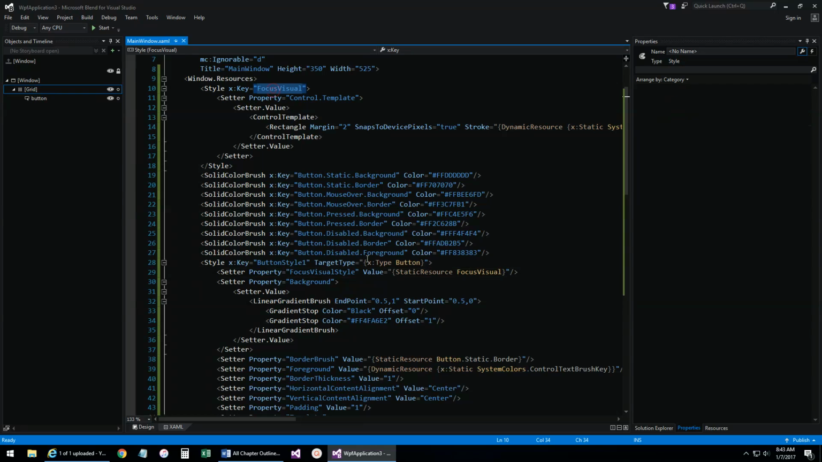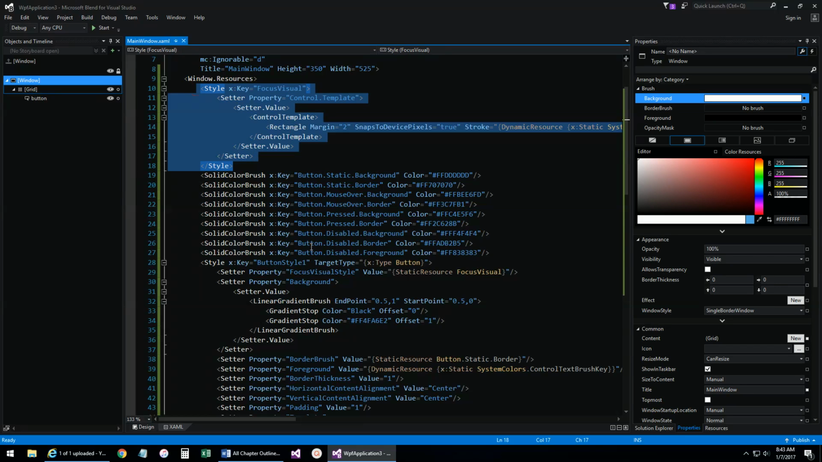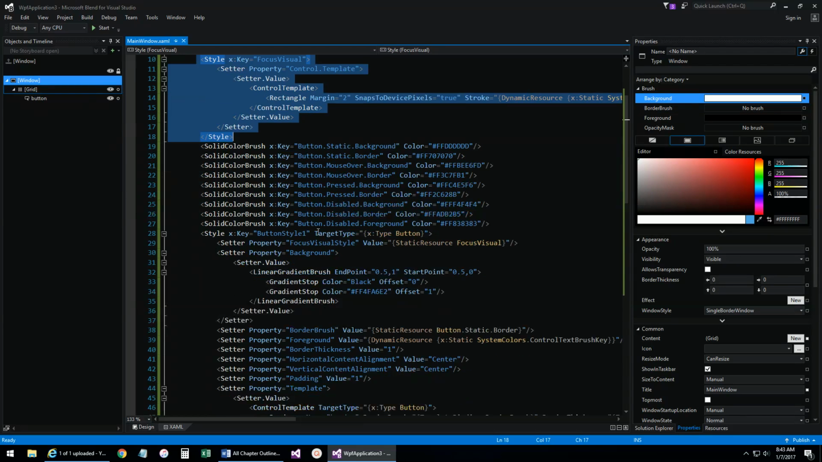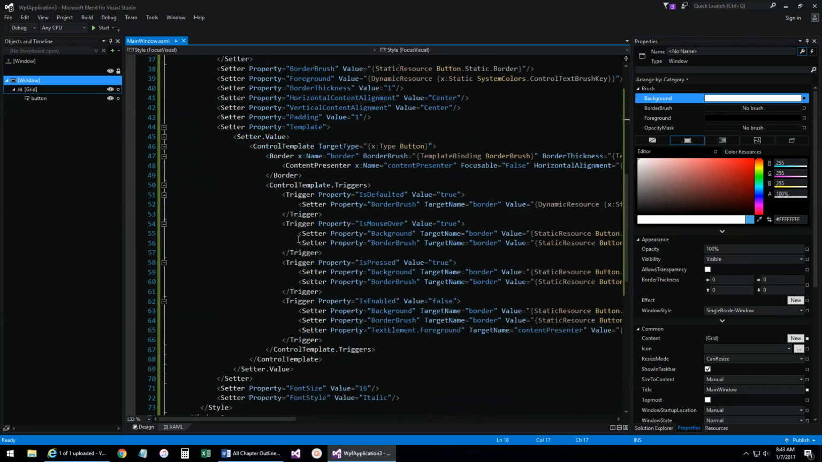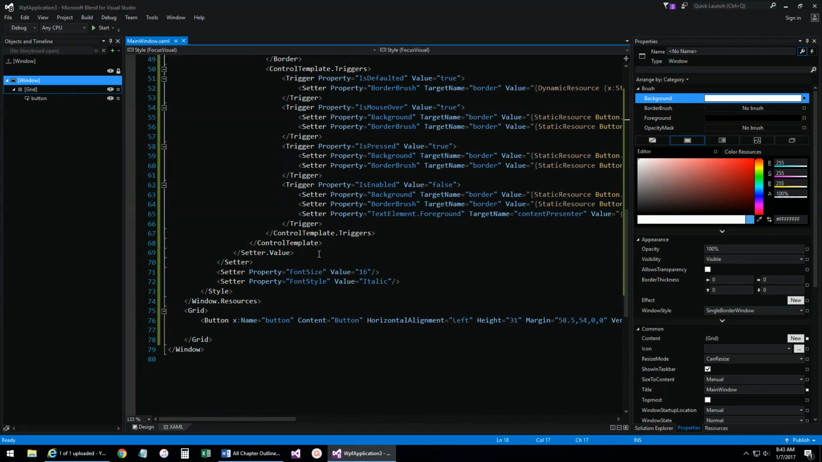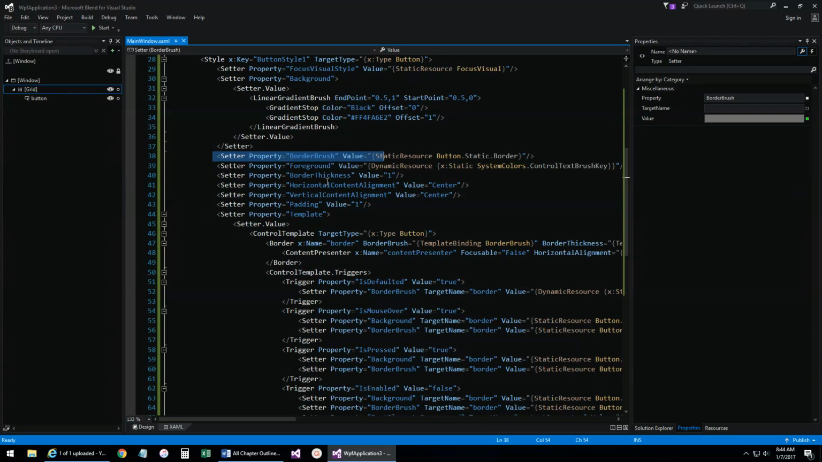Sure enough, here it is. And so you can see that inside this style, it's using this resource, which just happens to be another style. So this style is applying another style to this property. So you can see this is everything that Microsoft said is what makes up a button. So we can go through and take a look at, hey, what's the border brush, what's the border thickness,